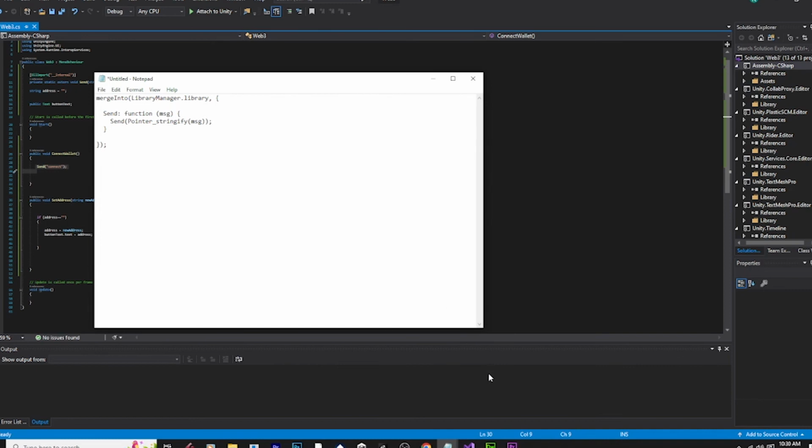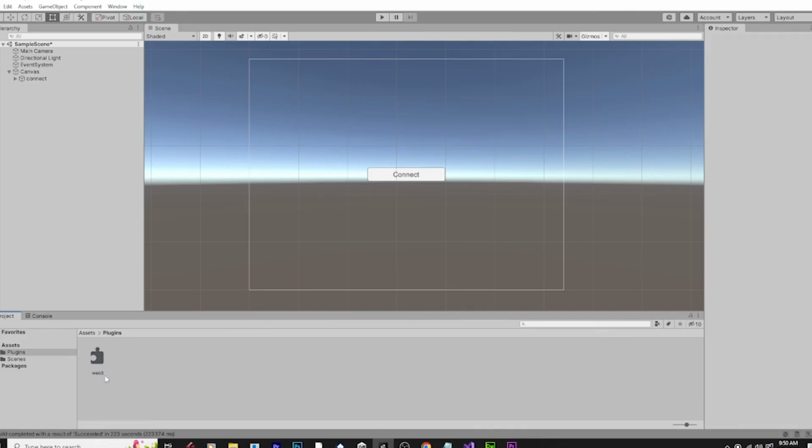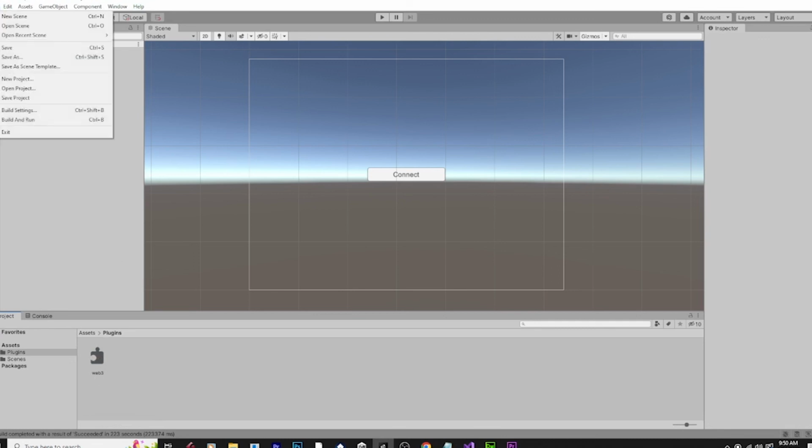Then hit save. Go back into Unity, you'll have this Web3 file, and it should look like a puzzle if you did it properly. Then you want to save,